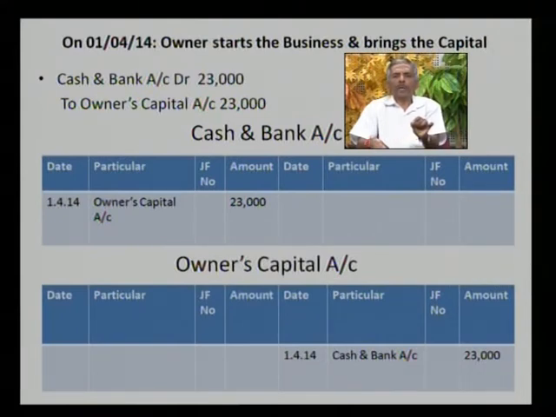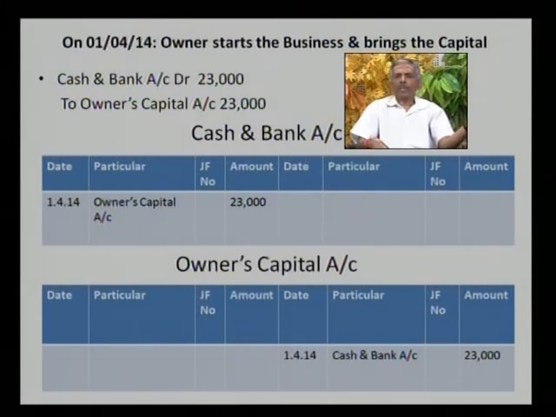So this is very important. So the accountant has to pass the entry either as cash and bank account debit, or if the owner has brought some of the assets, then the asset account will be debited, because now it will be the ownership of the firm or the business. So it will be debited in the accounts, and it will be credited to the owner's capital account. Say for example, I have mentioned some amount also, but again I have mentioned how it will be posted into both the accounts, either the debit or the credit account.